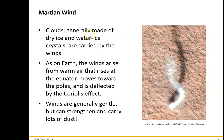The clouds on Mars are made of dry ice and water ice crystals, and they blow around. Let me mention this. I think it was in 2018, there was a major dust storm on Mars, and it basically kicked up so much dust around the planet that from Earth, for a couple of weeks to maybe even a month, you couldn't actually make out the surface of Mars. The dust was so heavy. But then